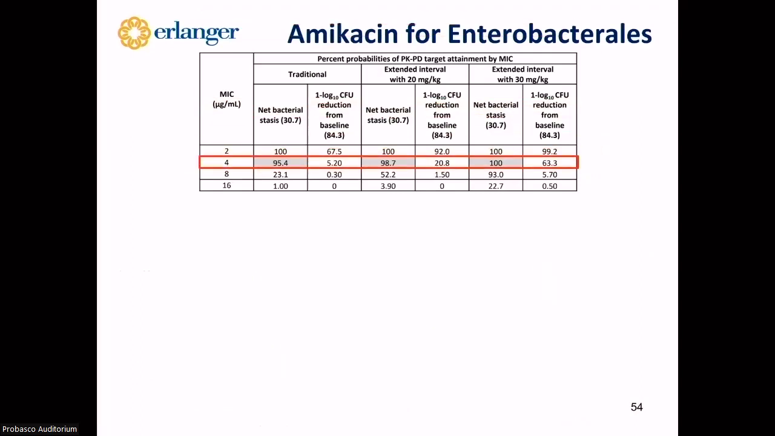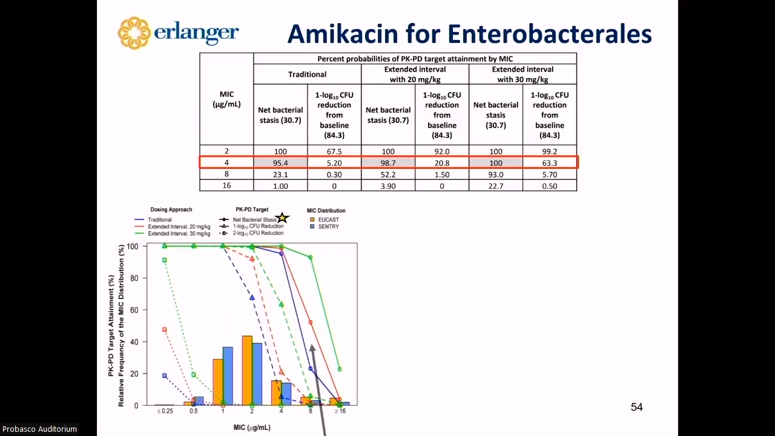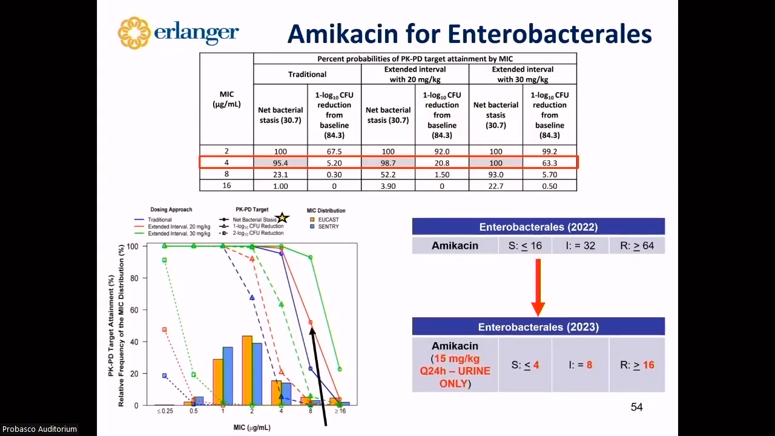For amikacin, we've got traditional dosing, extended interval, and then 2 different doses of extended interval, 20 mg per kg and 30 mg per kg. As we can see, we're strong up until 4, drop off at 8, depending on which dosing strategy you use. There's a lot of lines here, but I just want to focus on this point. This is indicative of 20 mg per kg extended interval. So we can see we get into trouble at 8, which prompted the updated breakpoints,